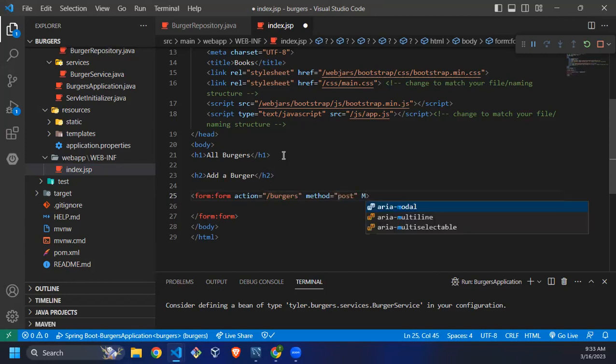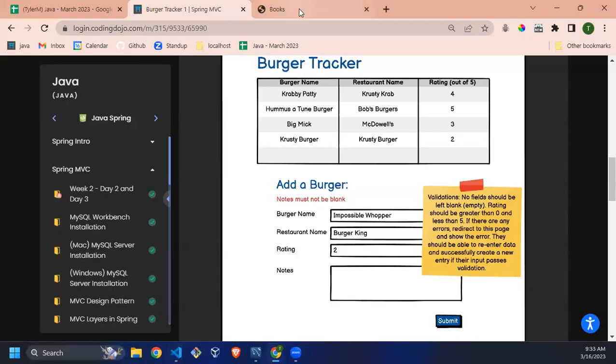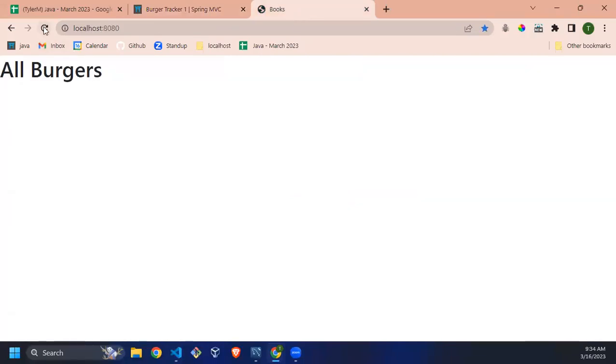And then the model attribute is going to be the empty burger that gets sent down to this form that we can basically fill out and send a full burger back. So this is just going to be burger. Okay. So if I go back to localhost 8080 and refresh,